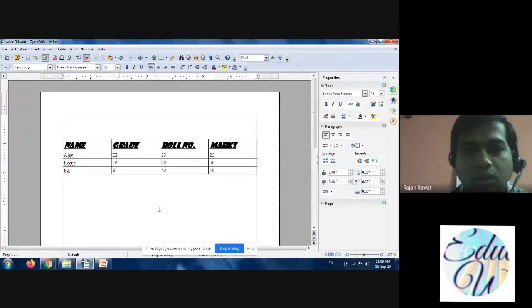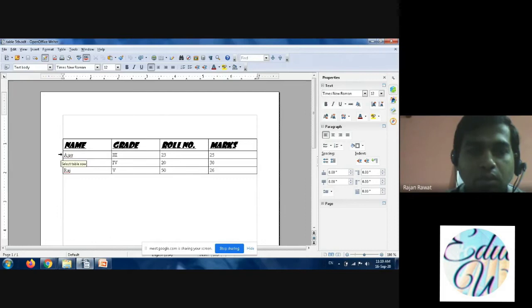So student, this was the earlier table that we have prepared in our first video. On the same table, we are going to do today's task, that is inserting and deleting of row. First of all, you already know what is row and column. Row is this one horizontal thing, and when we talk about grade, or the roll number, or the marks, or the name, that comes under the column. So first of all, you just change or insert the number of rows.